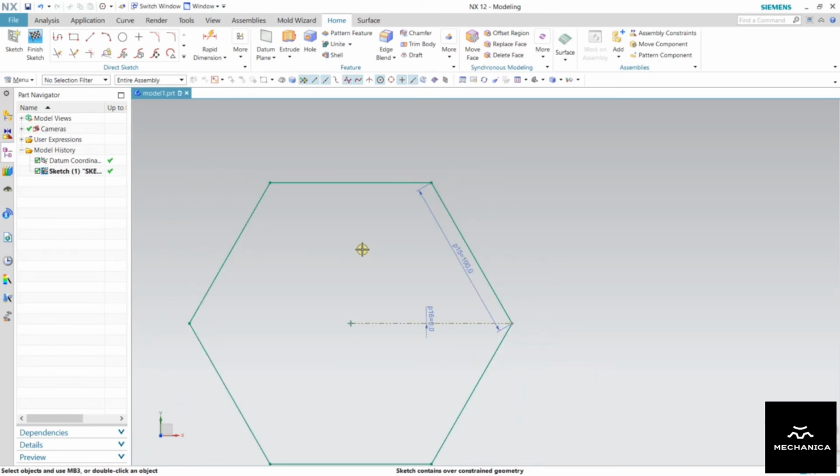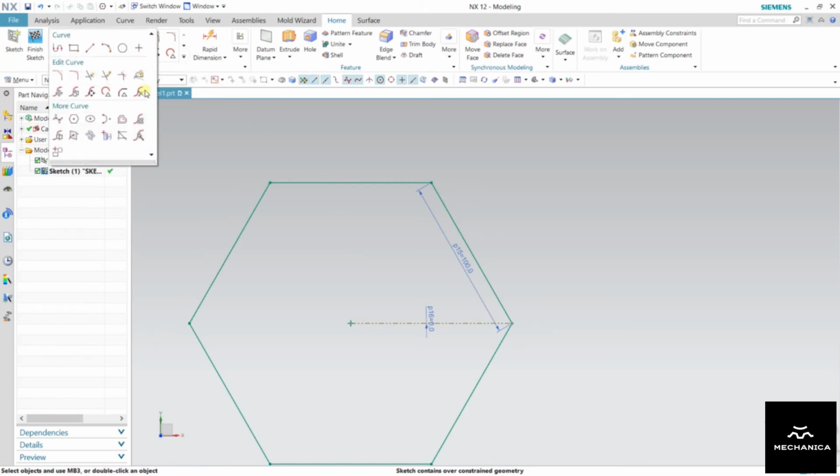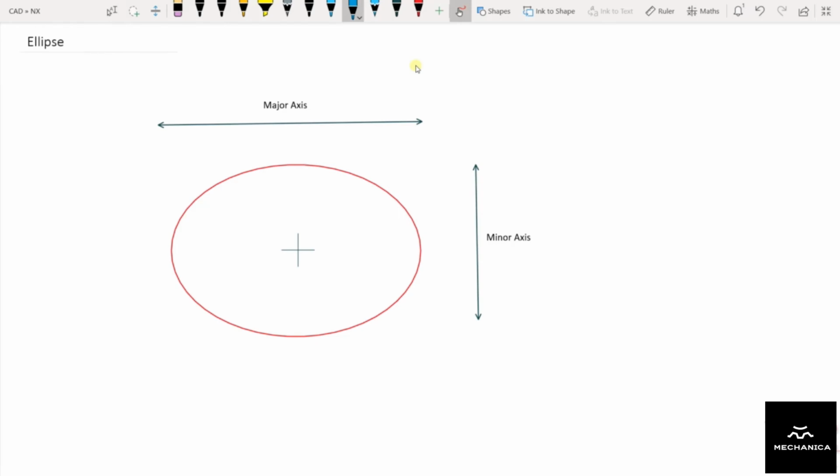And next type of profile I want to create is the ellipse. So if I go to this arrow, here we can see ellipse. So before drawing the ellipse, let's understand some basics of the ellipse. So ellipse is basically shaped just like an egg. So it is a circle of variable radius. Here we can see in this ellipse, this is the center of the ellipse. So we can specify this is the origin point O.